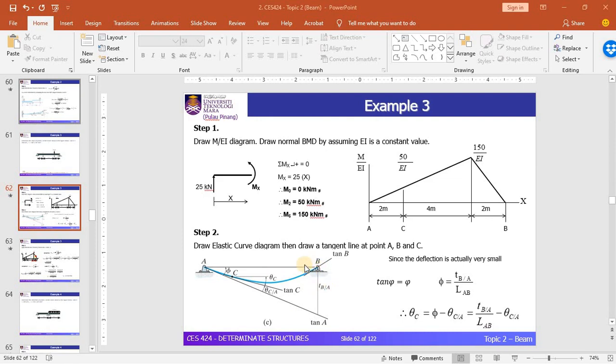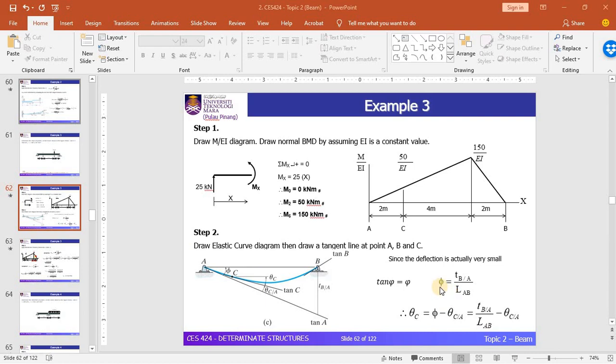Okay, so what you can see here is one triangle, which can be seen by looking at this line AB, this line of tangent A, from A to this point, and this vertical line. This vertical line represents the vertical deviation t_BA. You can see that this line is drawn from point A, from the tangent line A, towards point B. So based on this triangle, you can get another equation.